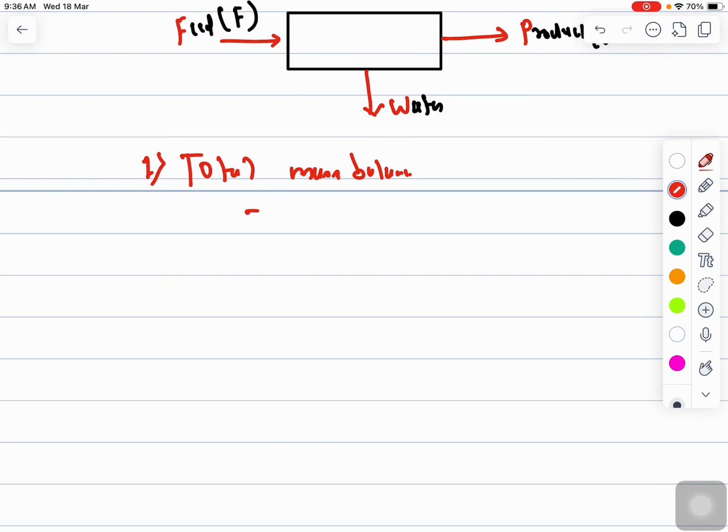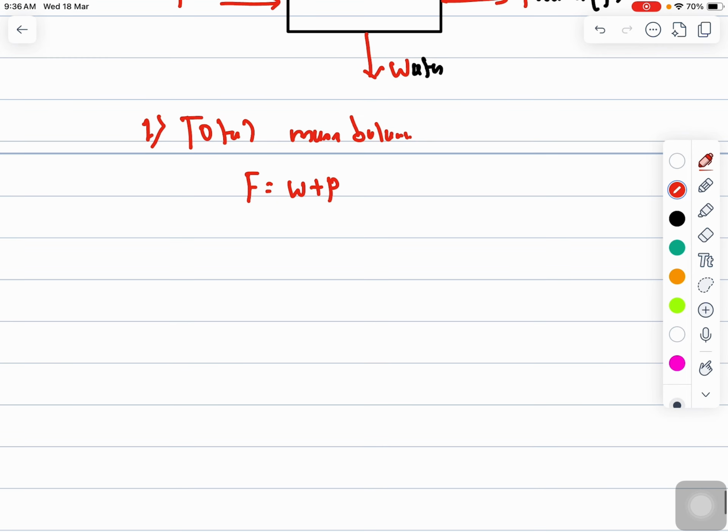So F will be equal to W plus P. This will be your first equation. Second thing is that since only water is getting evaporated, if you apply a balance for NaOH, because NaOH is constant, the quantity of NaOH will be constant, only water is getting evaporated, and due to this the concentration of NaOH is increasing from 10 to 40%. So what we can do is apply the NaOH balance,